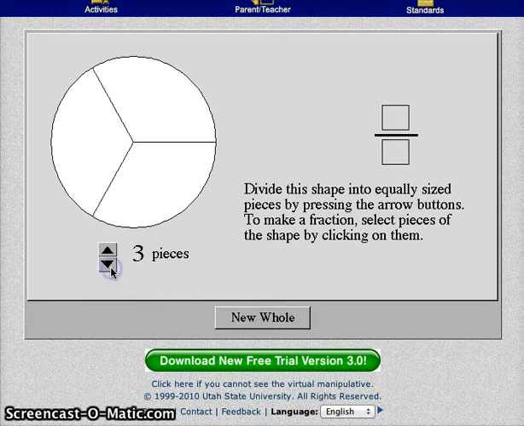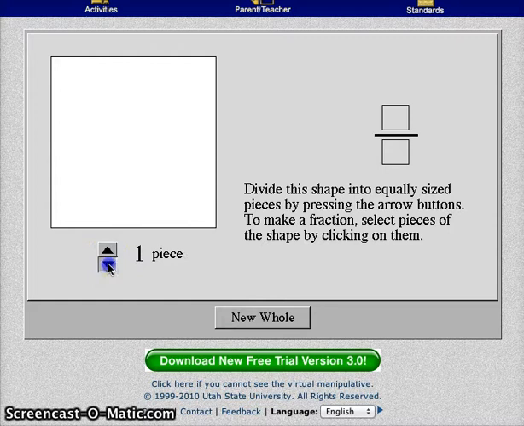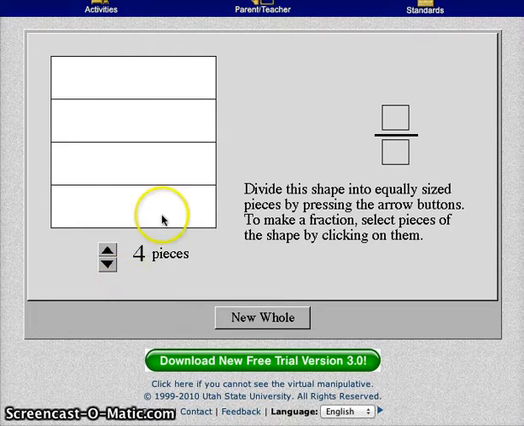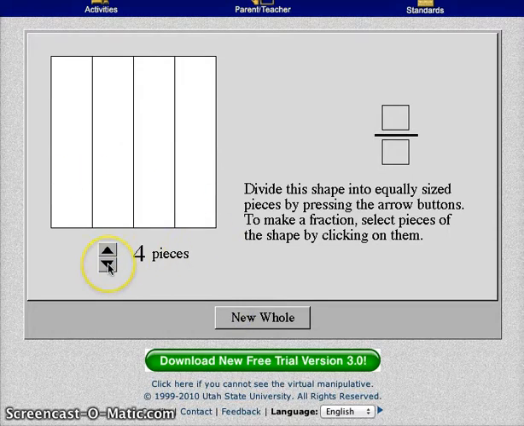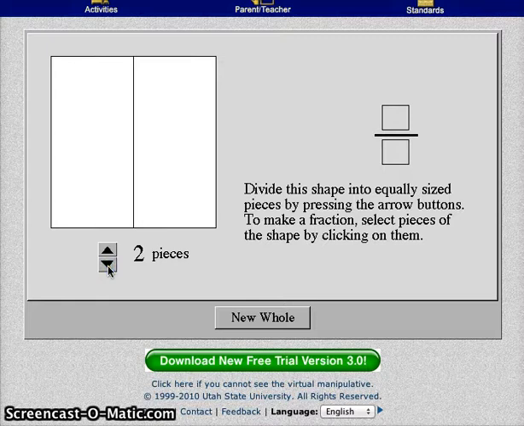standard because students can see that as they take the different wholes, they can split them up into 1, 2, 3, or 4 pieces, and that it creates different sections, and that if the shape changes, it still is the same. And how I would use this manipulative in my classroom, ideally, is I thought it would be a